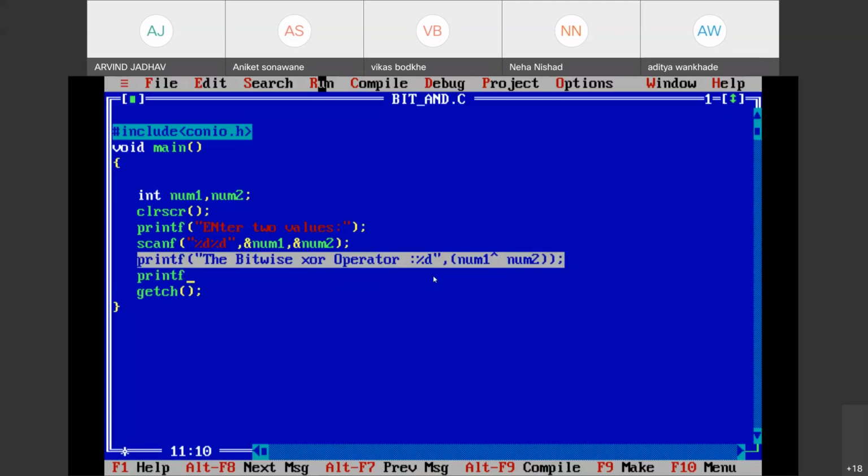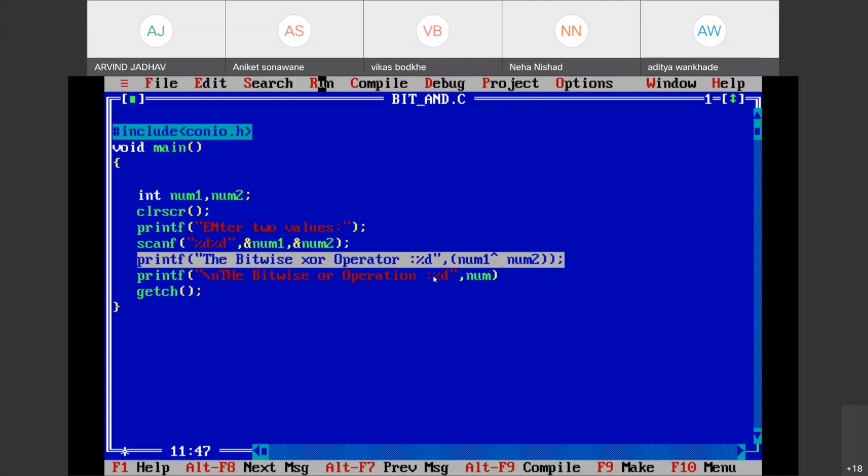Just 1 minute. Printf, round brackets, in double quotes, here I'm using slash n for a new line. The bitwise OR operation, colon, percentage d, separated by commas.